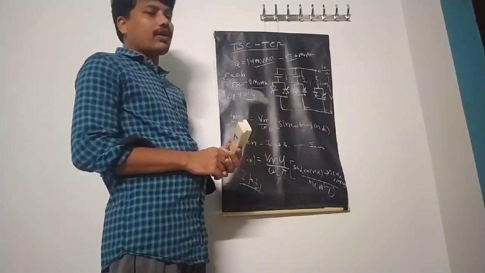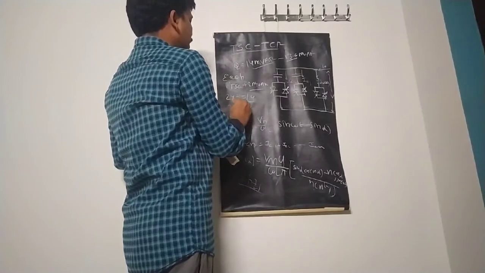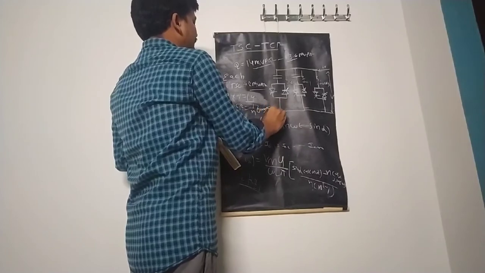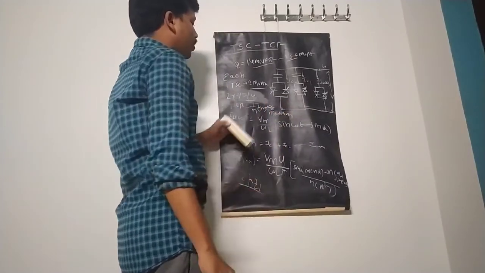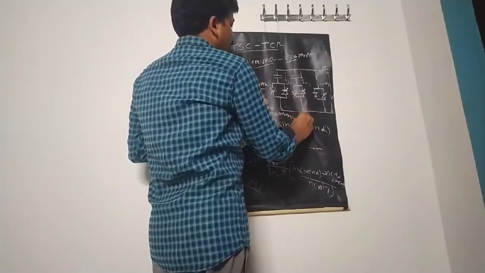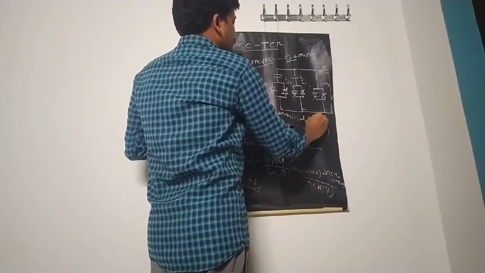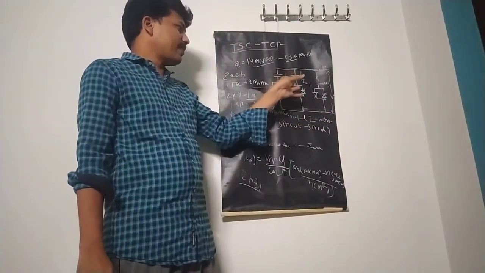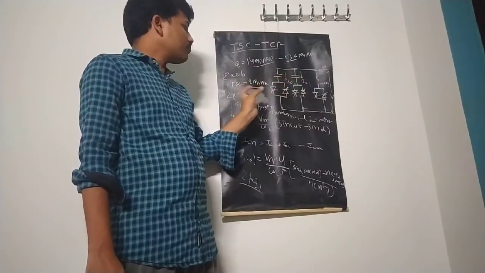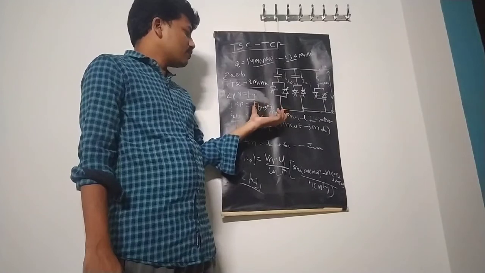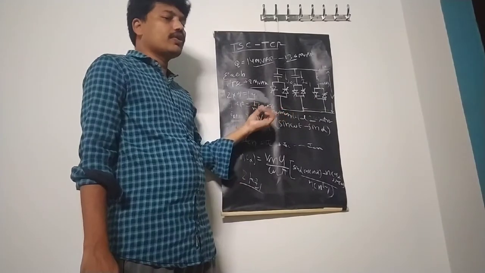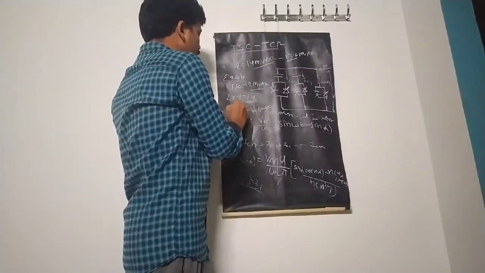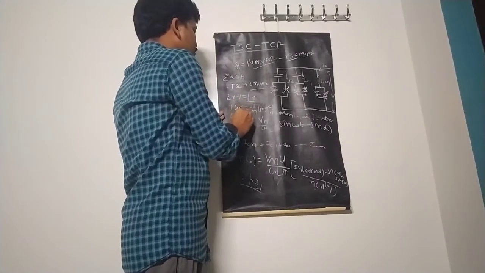So from this conclusion we can observe that the TCR rating should be 1 by n times the maximum total TSC rating. So that means if you connect n equal to 7 branches, each of 2, we get 14. Out of 14, divided by n equal to 7, each one gets 14 by 7, how much? 2. Each having a TSC rating of, so not TCR, TSC rating of 2.